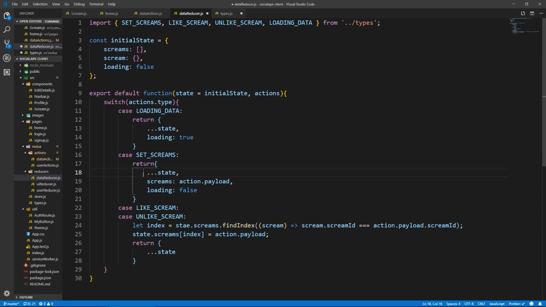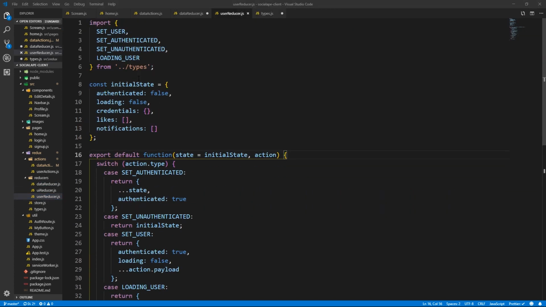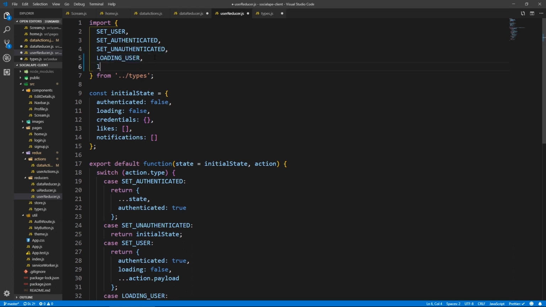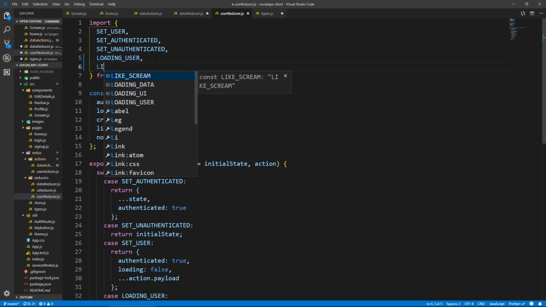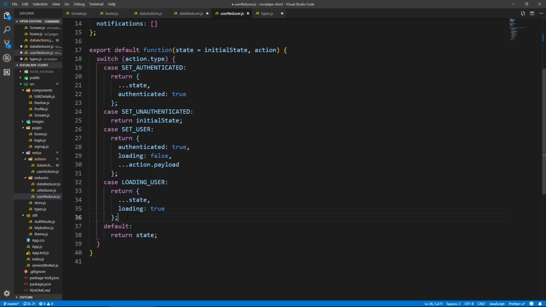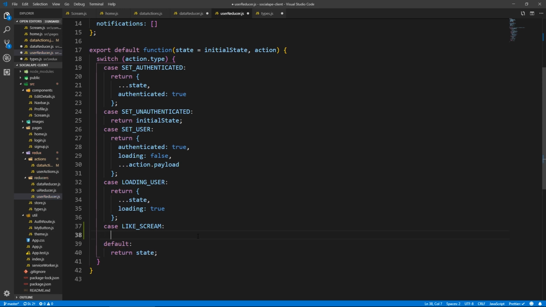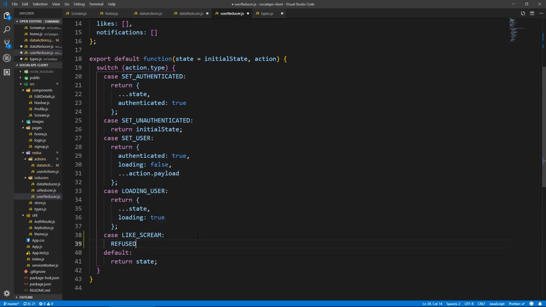And we need as well to handle like scream and unlike scream from the user reducer as well. So here let's import the type. So like scream, and here we do case like, and here they are actually different. Like scream. Here what we want to do, we want to add that like, so we can,